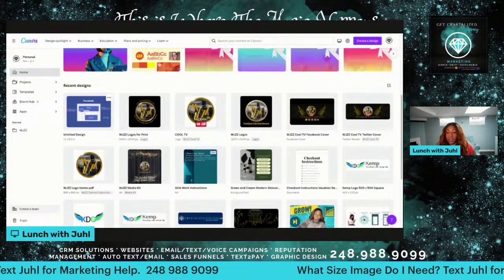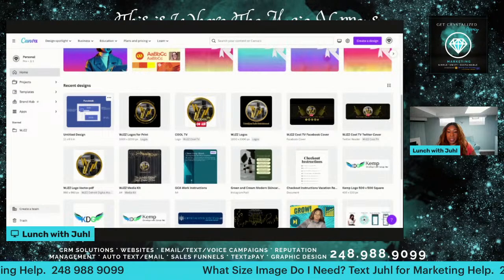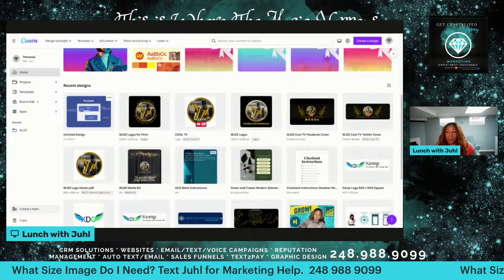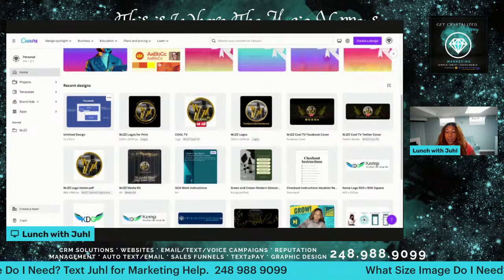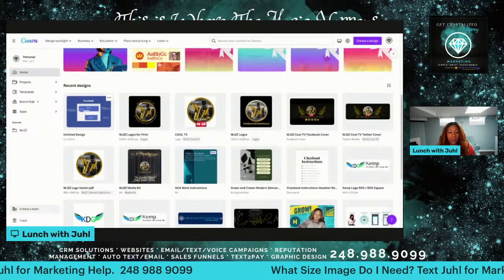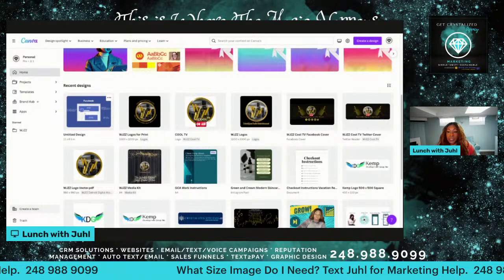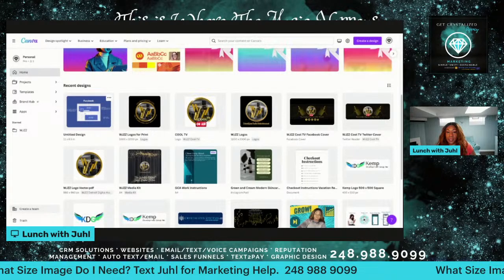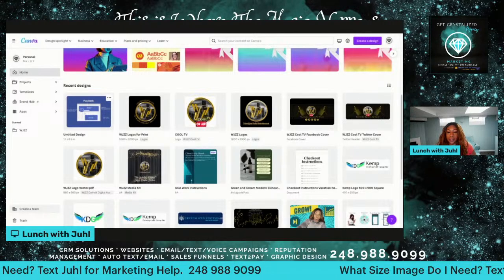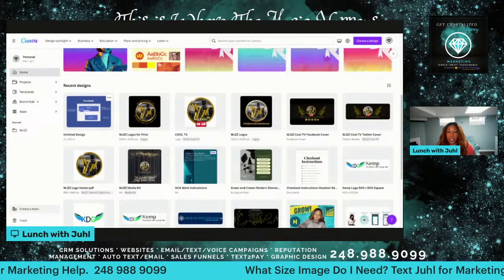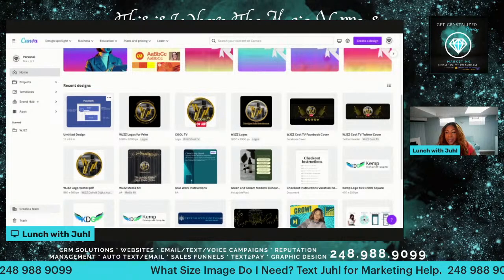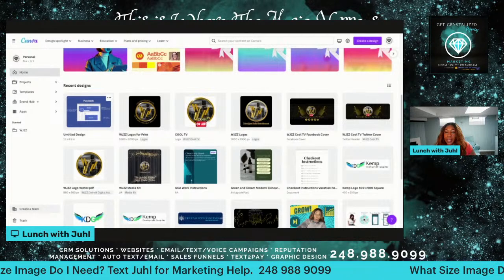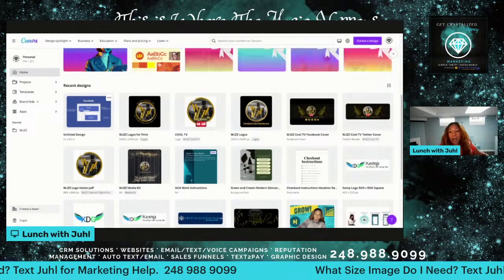So say, for example, here it says Facebook cover, right? And so it'll give you the dimensions for a Facebook cover. But then say you want to resize it. Okay, let's search for Facebook. We're going to resize the Facebook cover. Why is this so slow? Okay, and then say you want to use that exact same cover, but you want to